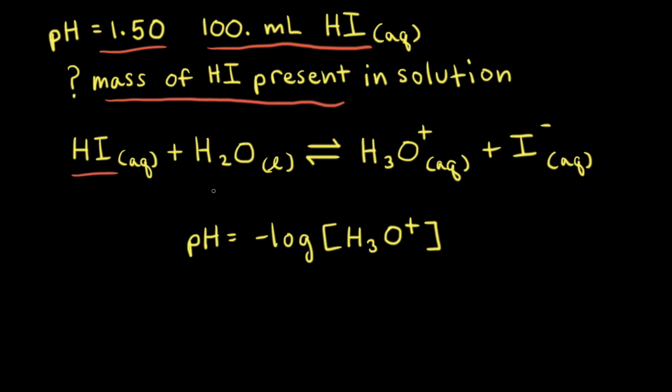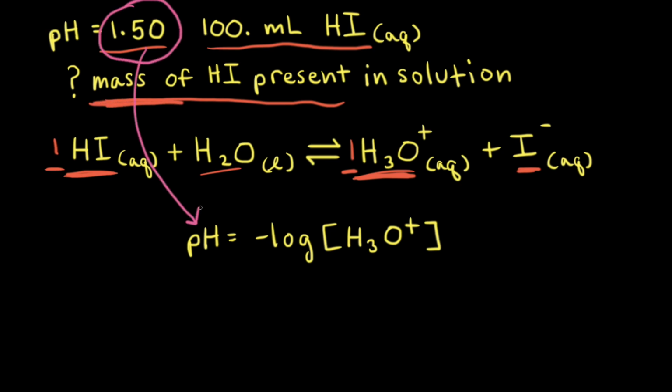Hydroiodic acid reacts with water to form the hydronium ion and the iodide anion, and the mole ratio of HI to H₃O+ is 1 to 1. So if we can find the concentration of hydronium ion in solution, that should also be the initial concentration of hydroiodic acid. And once we find the initial concentration of hydroiodic acid, we can find the mass of HI that's present. Since we're given the pH in the problem, we can plug that directly into our equation, which gives us